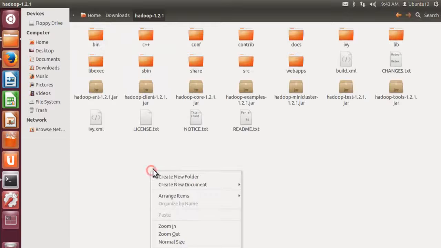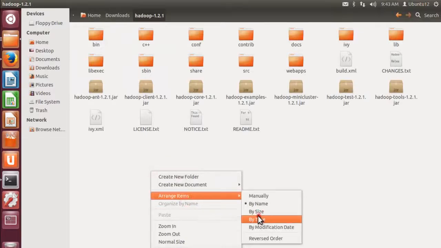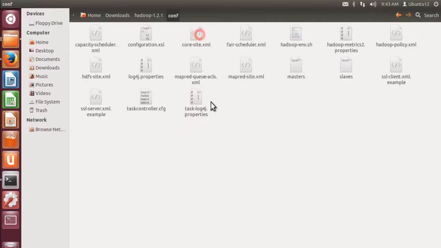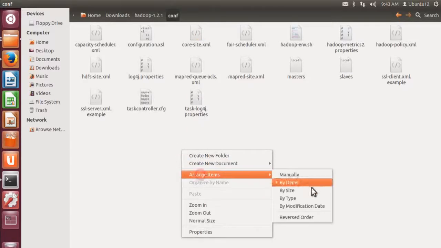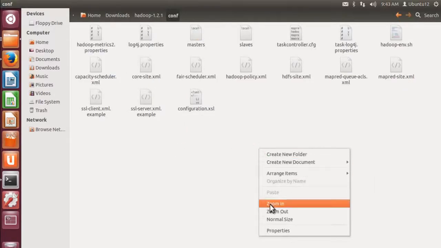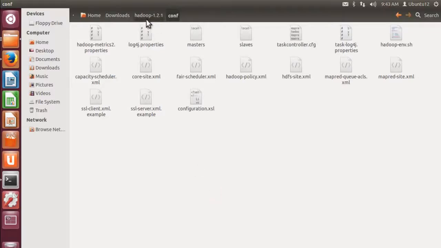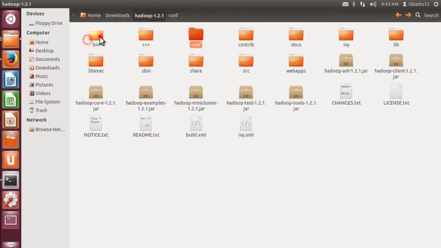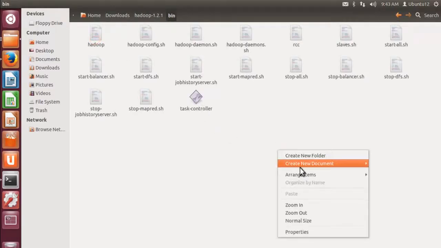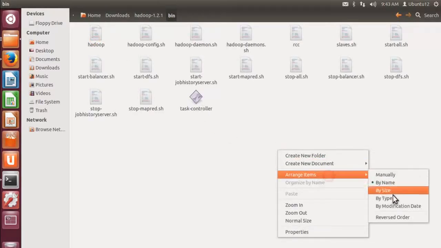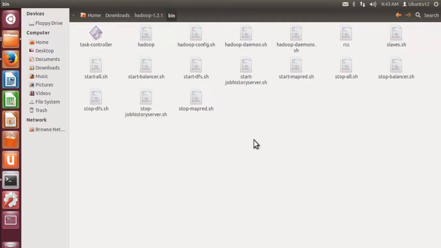This is the folder where our Hadoop libraries reside, and the conf folder. The bin directory is the place where all our .sh files reside to start and stop the daemons of Hadoop. Now let us try to set up